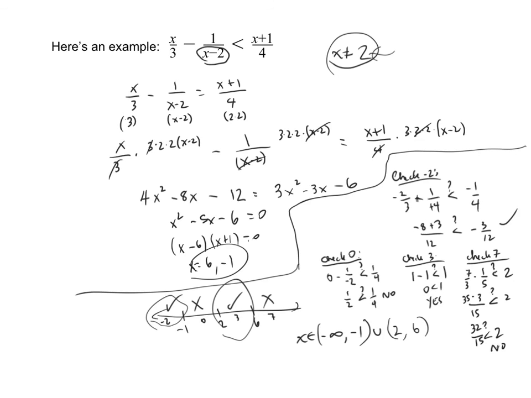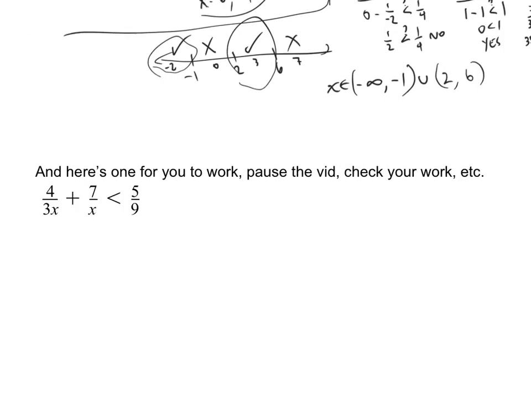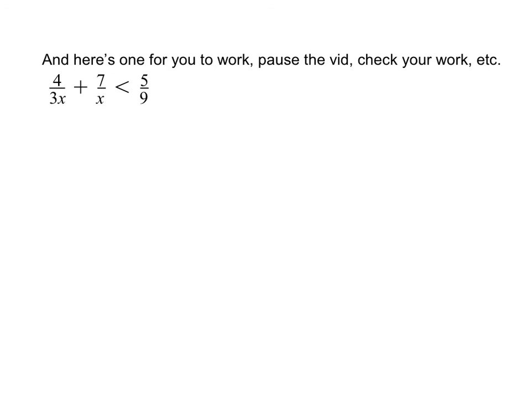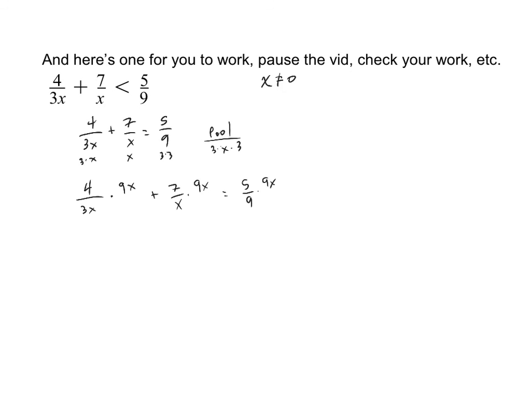So now I'd like you to do this problem on your own and pause the video, and I'll come back and I'll have worked it out. Identify my excluded values. Solve the resulting equation. Get the LCD, multiply by the LCD, cancel appropriately, multiply the results, solve for x,